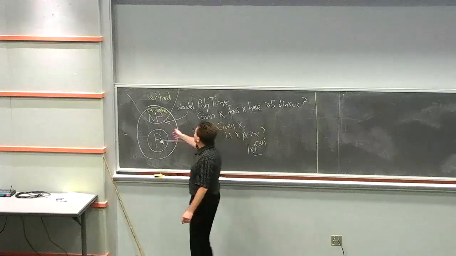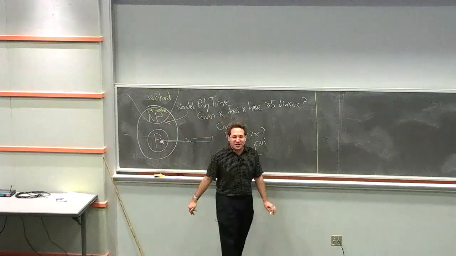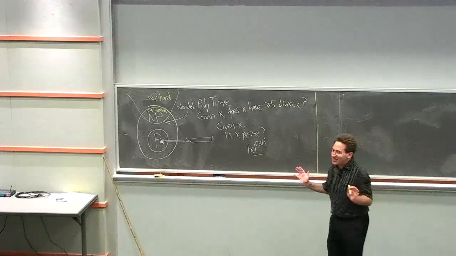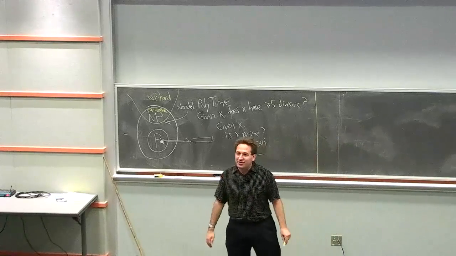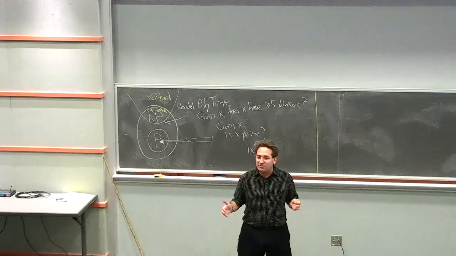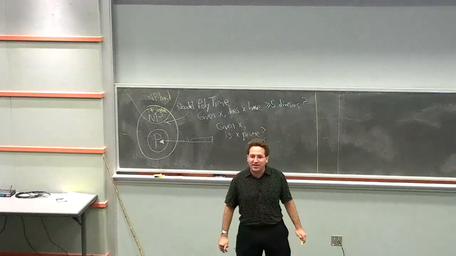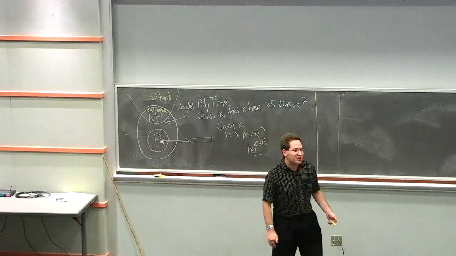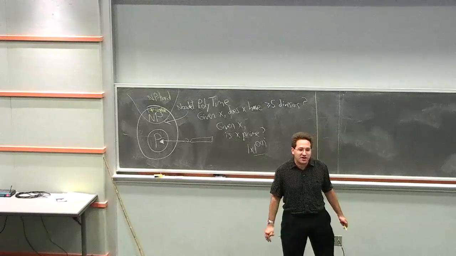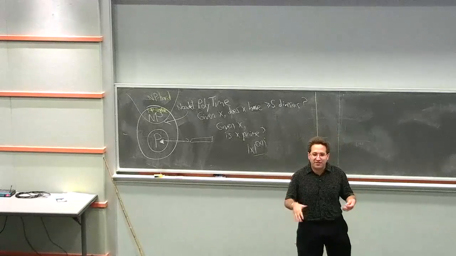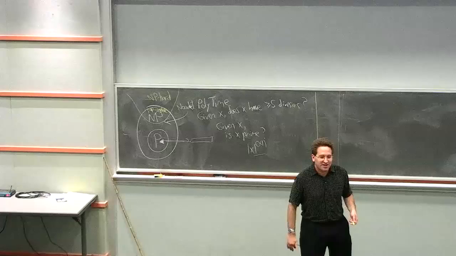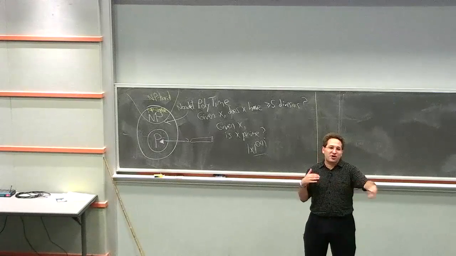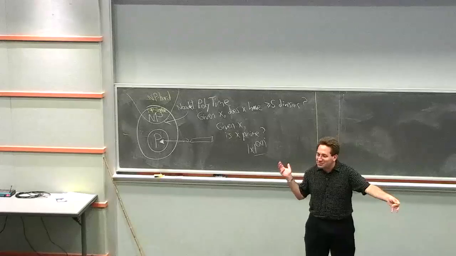So if you can show your problem is hard, only assuming P not equal to NP, that's sort of like the gold standard of hardness. That's actually really good. Now unfortunately, we don't know how to do that in all the cases of interest to us. Sometimes we have to make a stronger hardness assumption. So there's a whole hierarchy of different hardness assumptions you can make. The stronger they are, the less certain we can be in them.